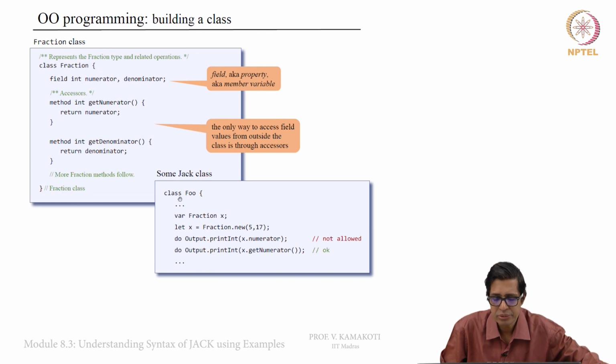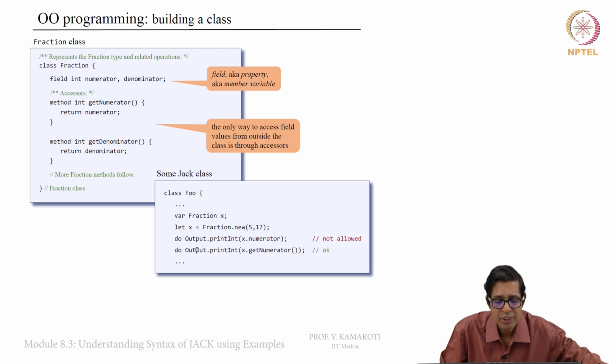So, I can define another class, whatever, main or whatever, and inside it I am declaring a fraction variable x. Let x is equal to Fraction.new(5, 17). So, this will give me 5 by 17. The moment I say Fraction.new, the numerator will become 5 and 17 will become the denominator for x. So, x is of the type of this class fraction, in which its numerator is 5 and denominator is 17.